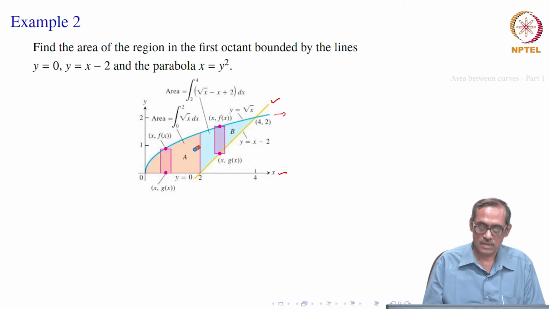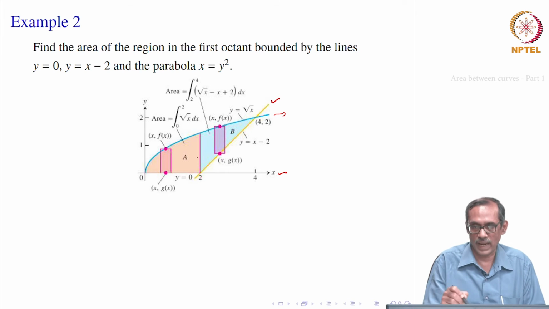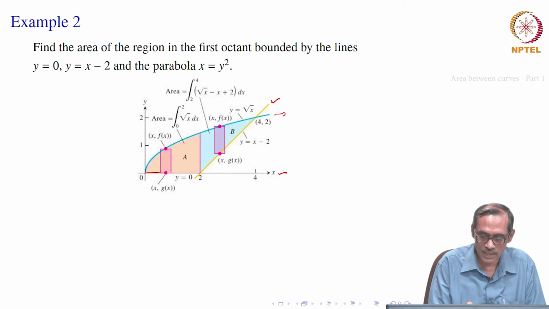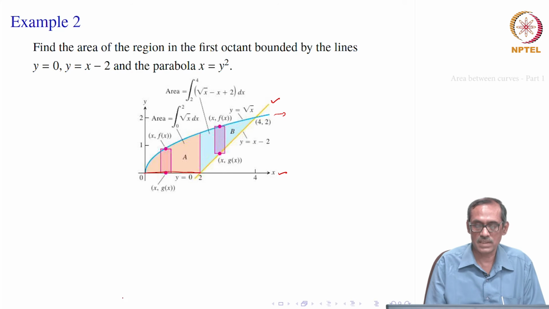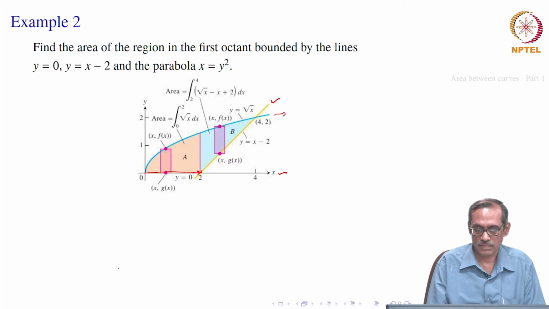Now, you see that this area is not just bounded by two vertical lines and then two curves as in our earlier problem, but there is something else happening, fine, because below you have another boundary which is the x axis. So, that means we break at this point 2 and we pose this area as a sum of two areas. One is this A, which is painted brown, and another is B, which is blue.